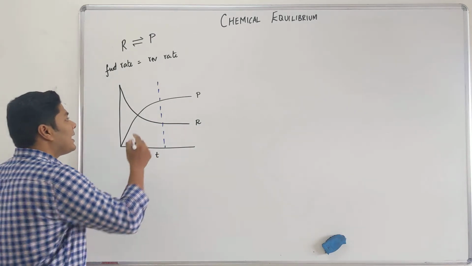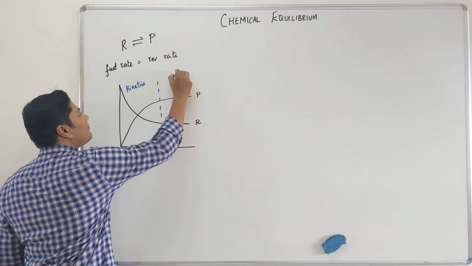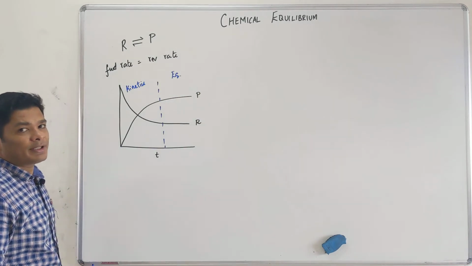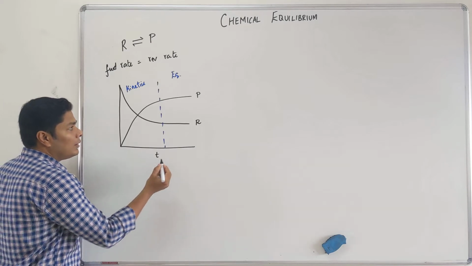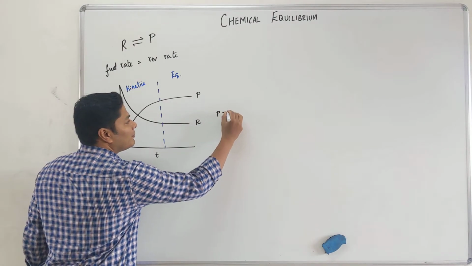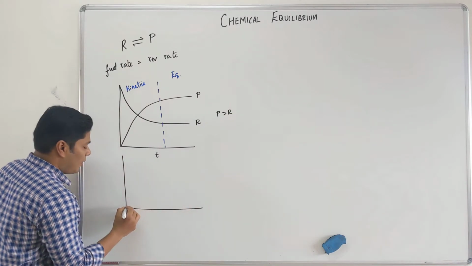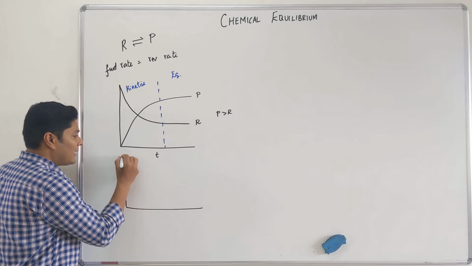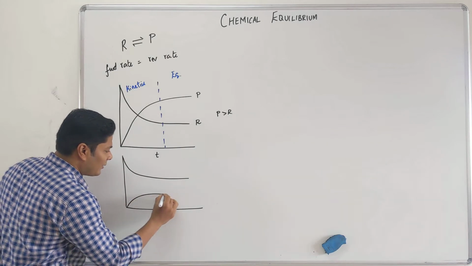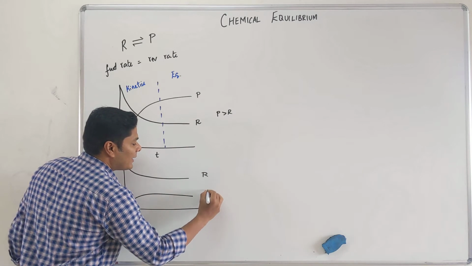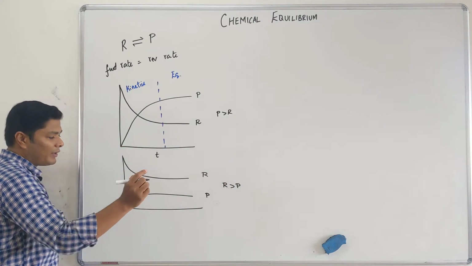Now this is the kinetic side of equilibrium. This is the equilibrium related to the thermodynamic side. Now when I have this, the products are greater than reactants in this one. This doesn't have to be so. It can be this way as well. My products and reactants have the same starting point. Let's say my reactant goes somewhere here, my product goes somewhere here. This is reactant, here products. At equilibrium, my reactants are greater than product. Both of these are perfectly possible.